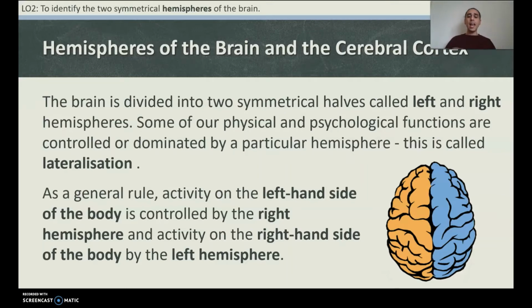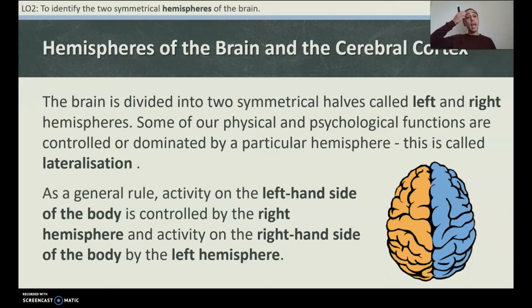This is called lateralization. So we understand localization is looking at a specific part of the brain. This part does this, this part does this. Lateralization is a really similar concept, but it's more broad. It's saying the left-hand side deals with this, or the right-hand side deals with